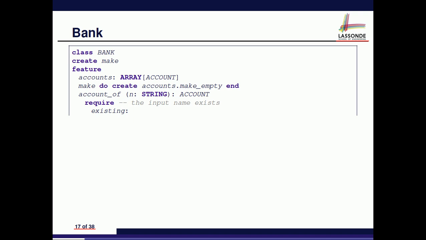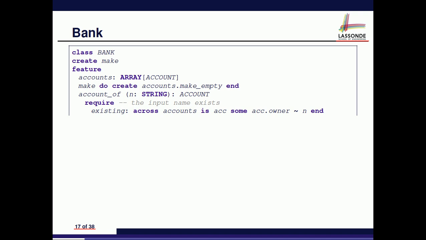But you can see this old index here, right? It's only n. n is a string. It's not an integer, right? So would you use across some or across all? Some is the obvious choice. However, I do want to point out something to you in just a moment. I'm pretty sure you can do this. You can say across the accounts as acc, and then acc.owner should be n, some. However,